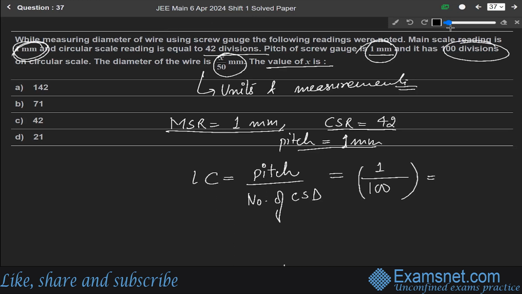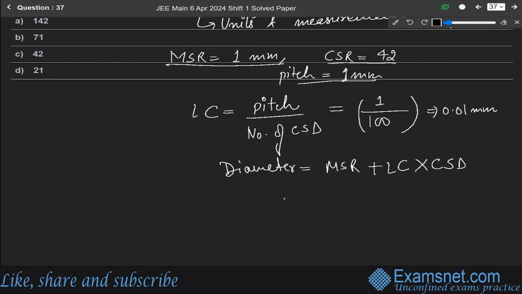So it will be equal to 0.01 mm. And so the diameter will be main scale reading plus least count into CSD. So it will be equal to: main scale reading is 1 mm, least count is 0.01 mm, and CSD is 42. So multiply it with 42. So we get